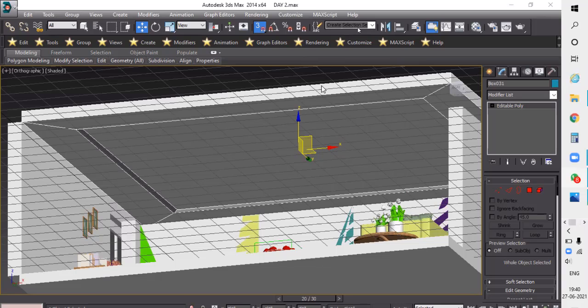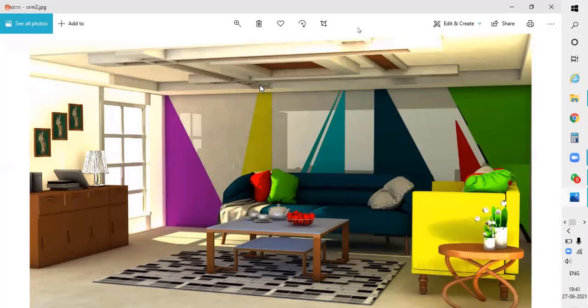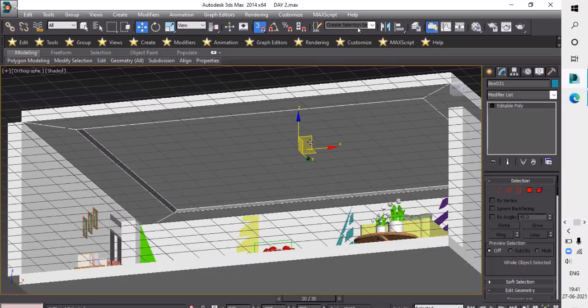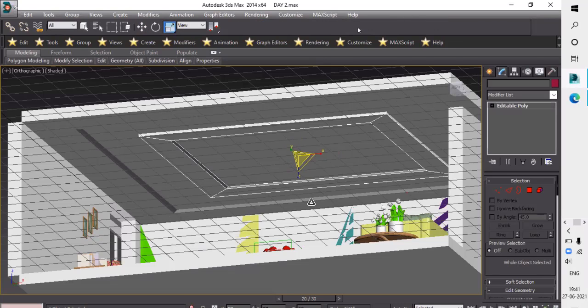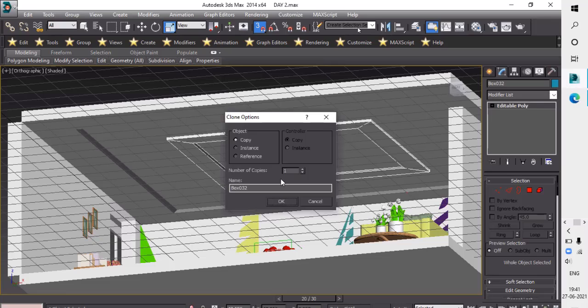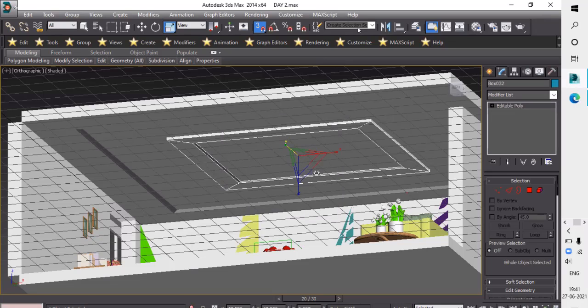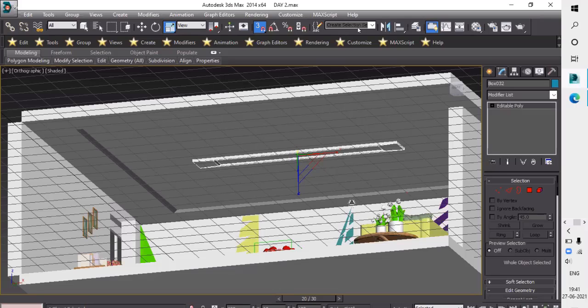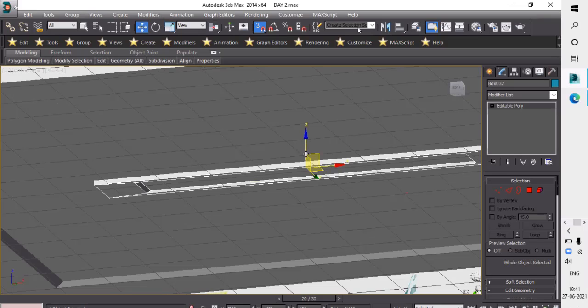I will add 4 boxes and the middle one is 1 box. So what I do here, I select this one, press R for scaling, Shift and copy this ceiling here. I want this size, so I leave it. Press OK and yeah, like this. I change the size of it. Of the snap.